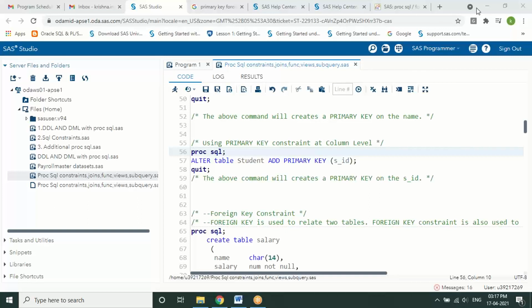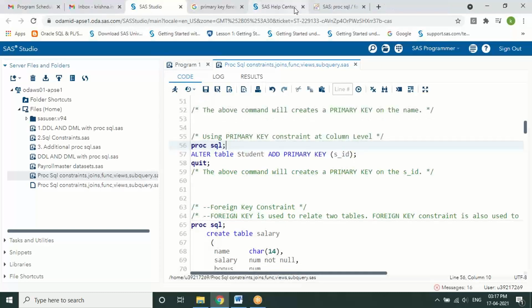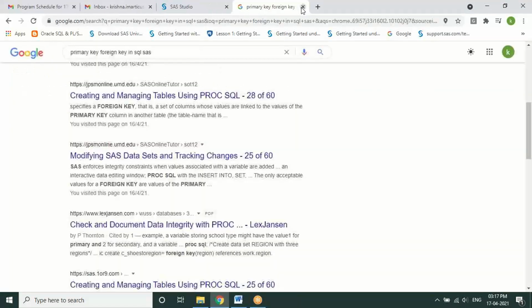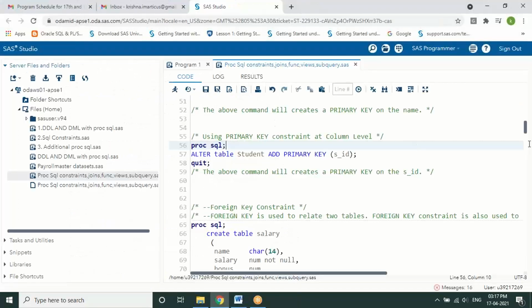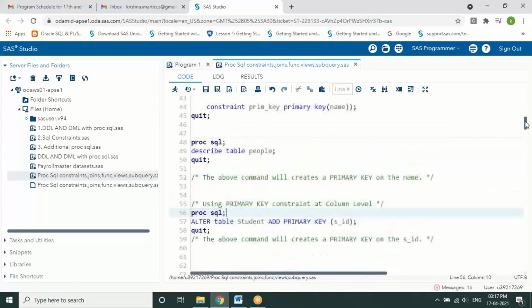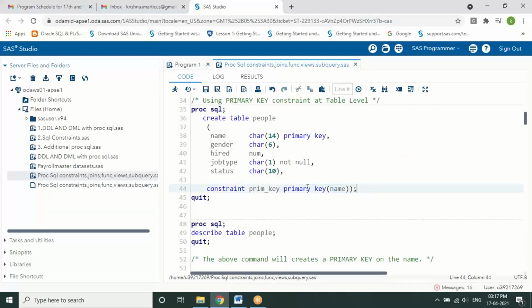Right, okay. So that is how we get to see one of the constraints called a primary key and the different ways of writing the syntax. One is along with the column name, as well as an independent way of writing it separately, specifying the constraint name as well. Even this is right.